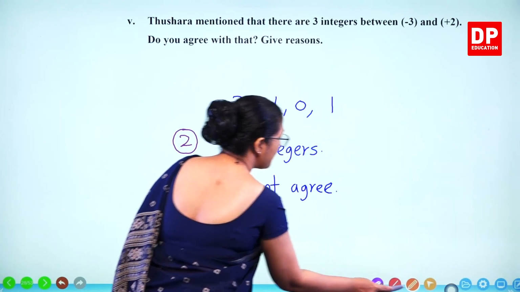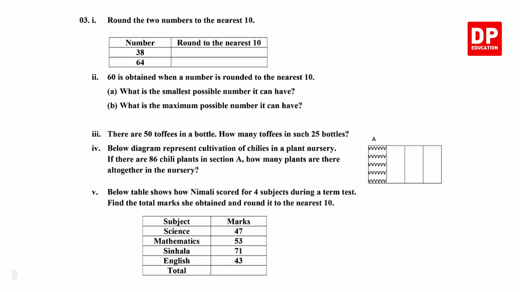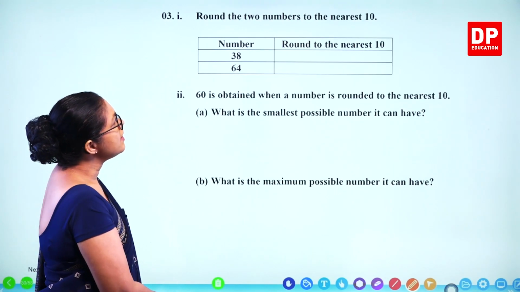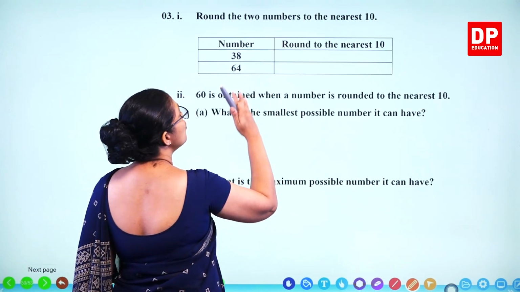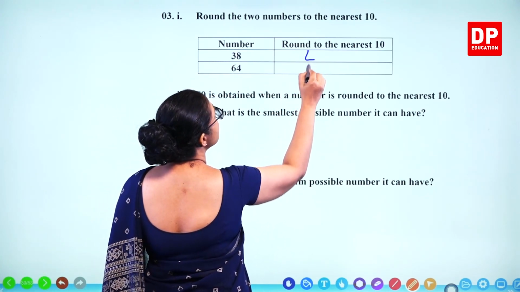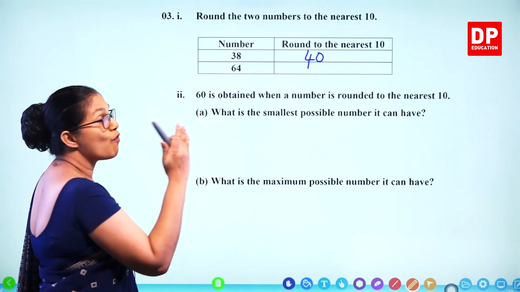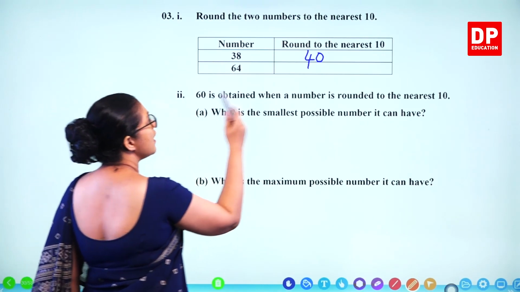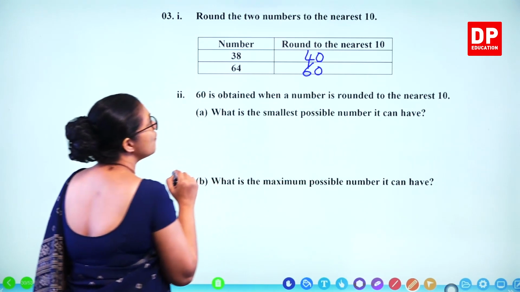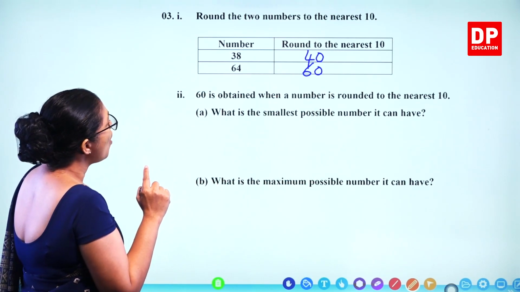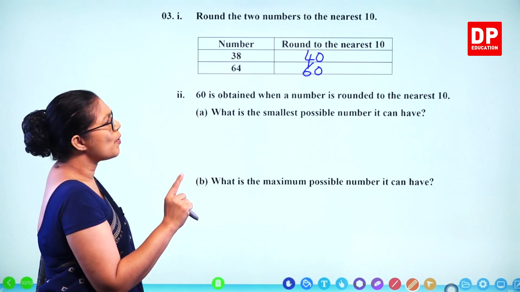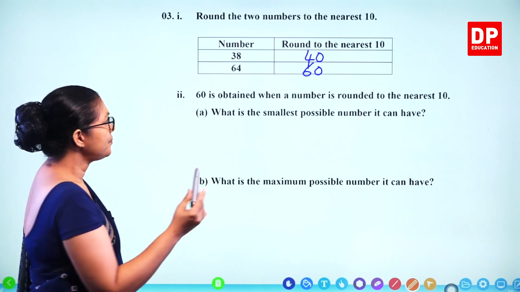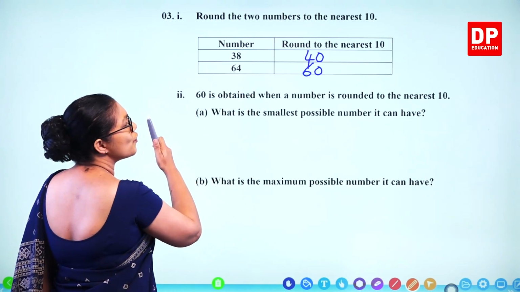Let's take question number 3. So you get 5 parts there. Round the 2 numbers to the nearest 10. 38. 8 is more than 5, so you take 40 as the rounded value. 64. 4 is less than 5, you take 60 as the rounded value. 60 is obtained when a number is rounded to the nearest 10. What is the smallest possible number it can have? What's the smallest one? So 55